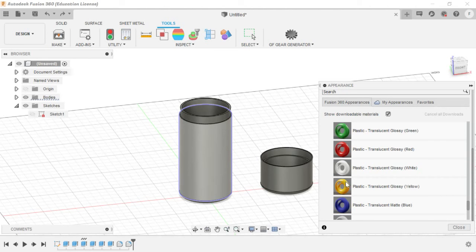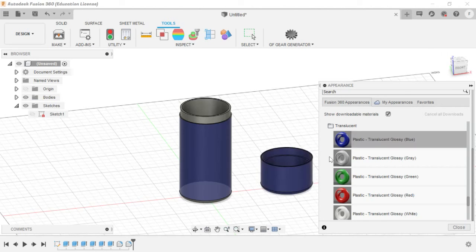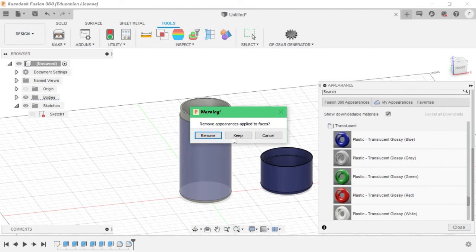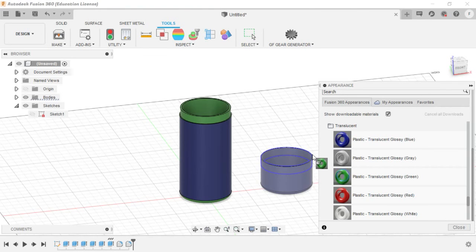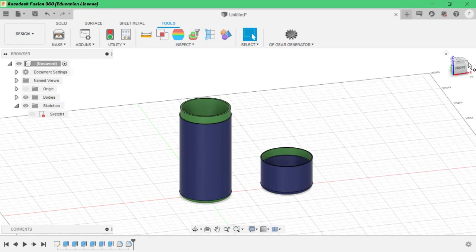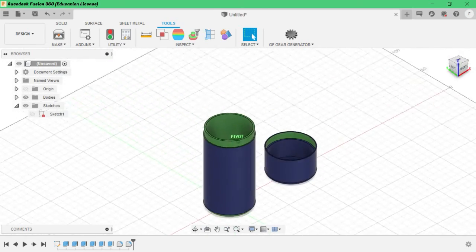We will give translucent, glossy blue, and green. See, green, close. See, now it looks great, right? Fine.